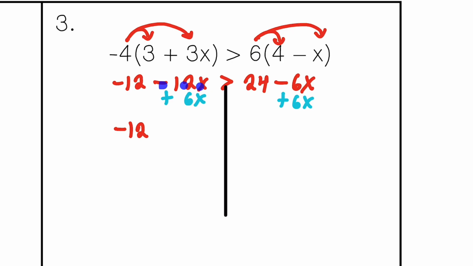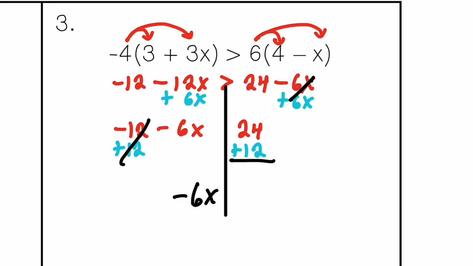Negative 12x plus 6, these are different signs, so we subtract those and we get negative 6x. And 24 falls down. From here, negative 6 plus 6 goes away, and I get 0. Or I can just cross those out. From there, I need to get rid of this negative 12 on this side by adding 12 to both sides. Negative 12 plus 12 goes away, and what I get is negative 6x